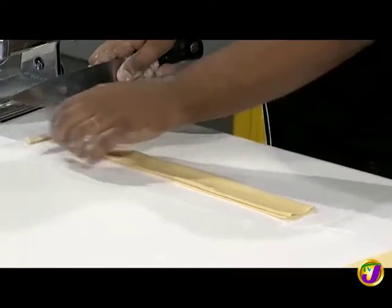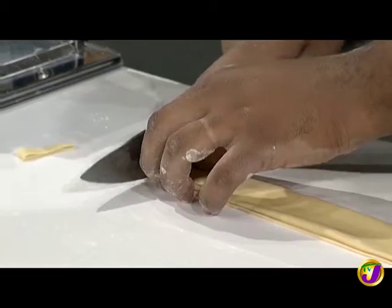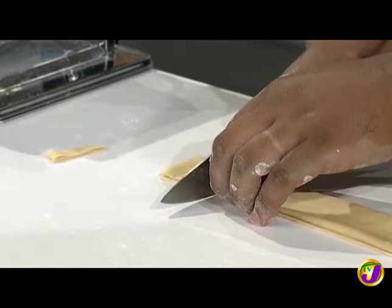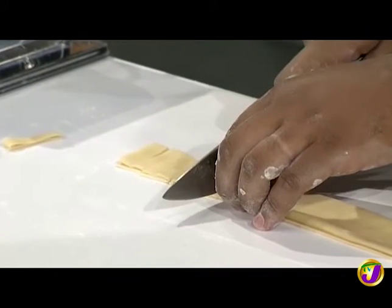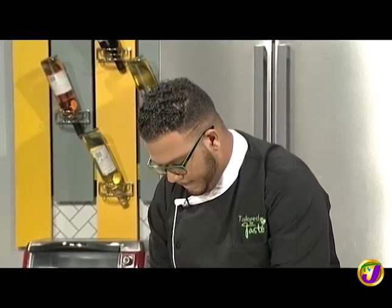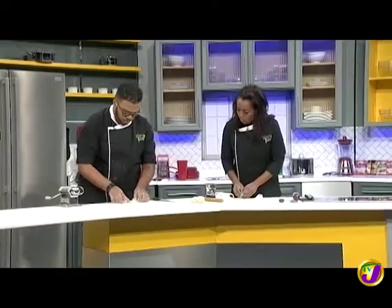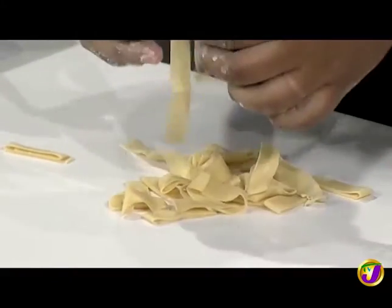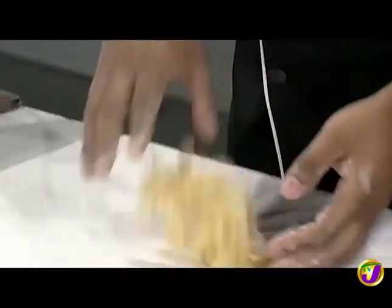Just cut off a little bit here. You don't want to cut right through and try to squeeze it down. Remember, we wrapped it nice and loose. So what we're going to do, let's go from here. Try to get them as equal as possible and just get a little sawing action as soon as you get down. So you try to now loosen them out a little. If they're already dry enough,